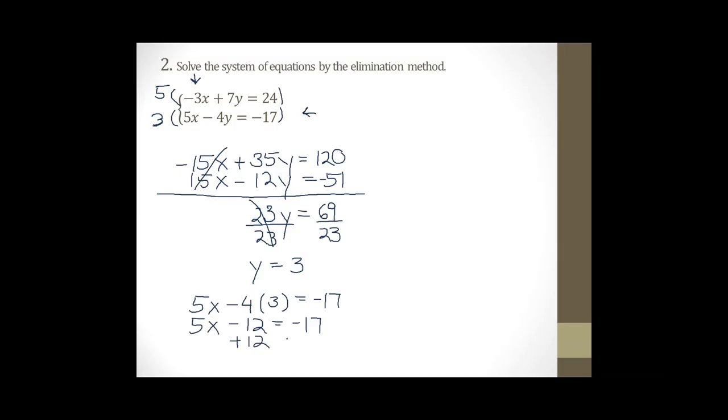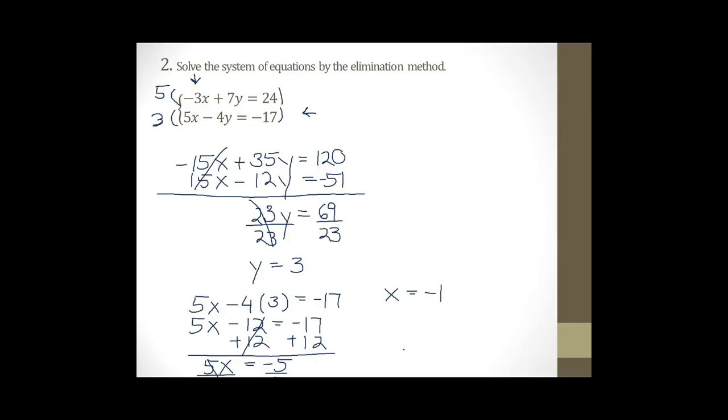Adding 12 to both sides. And that leaves me with 5x is equal to negative 5. Okay, now divide by 5 on both sides. So x equals